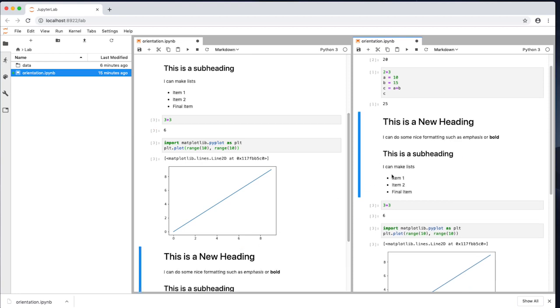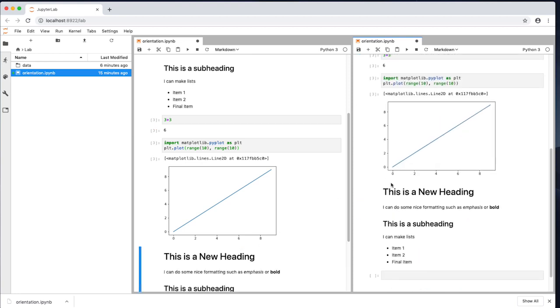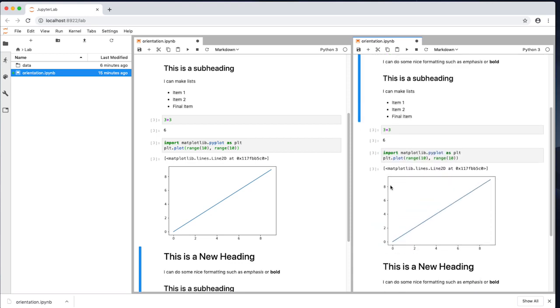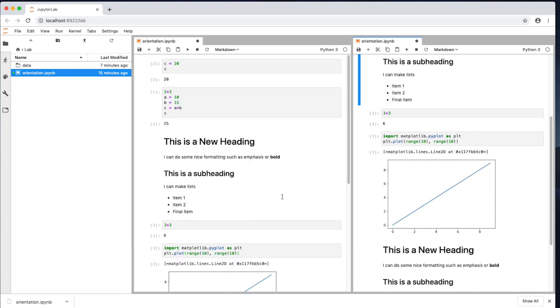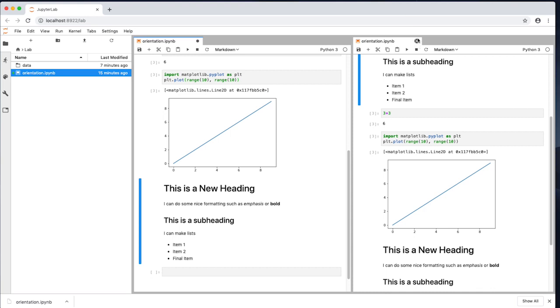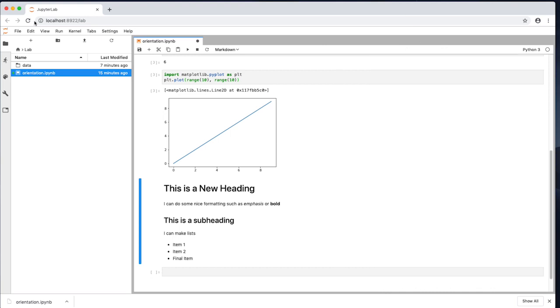And these two are now perfectly synced. And you see this is a new heading, this is a new heading. Essentially what this does, in this case, it just made a copy. Okay, before I wrap up here, I want to show you a couple other things that you have in the